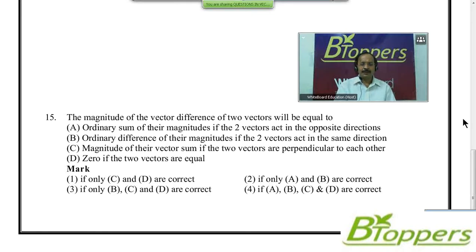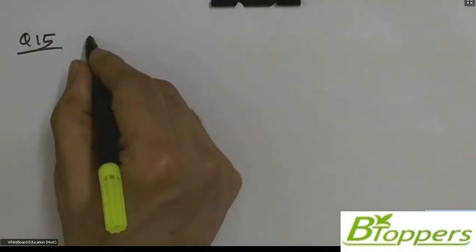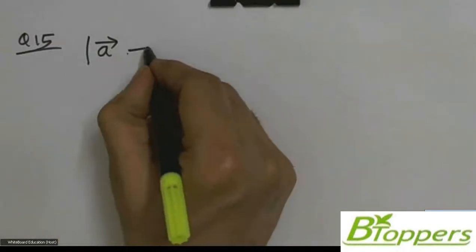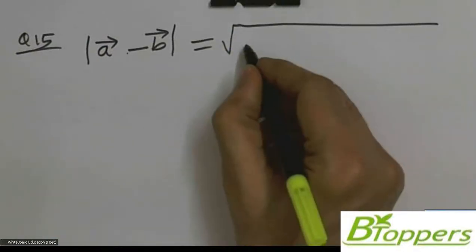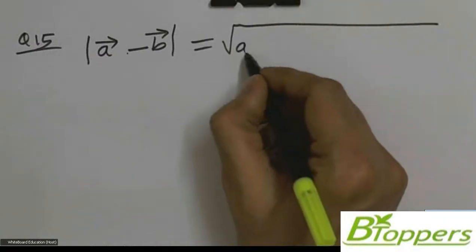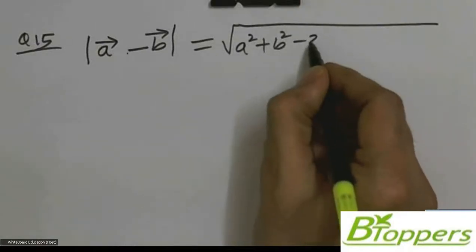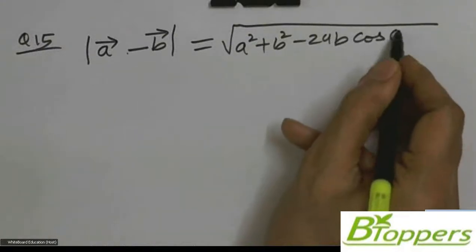This is nothing but all the four special cases which I have discussed in subtraction of vectors, put in one question here. So you should be able to answer. But still you can just have a look at my discussion about the question. As I have discussed earlier, if theta is the angle between the two vectors a bar and b bar, then magnitude of the vector difference a bar minus b bar equal to root of a square plus b square minus 2ab cos theta.